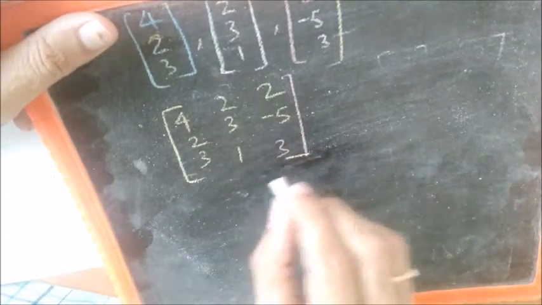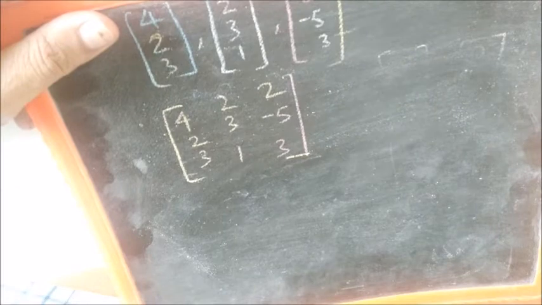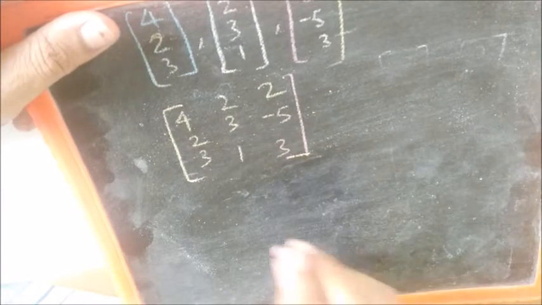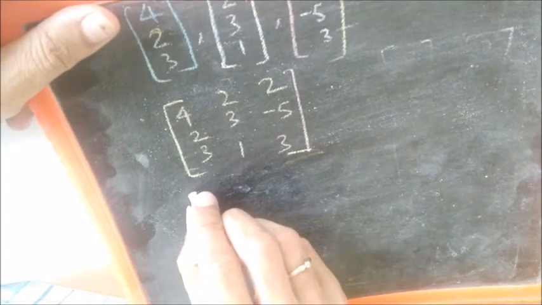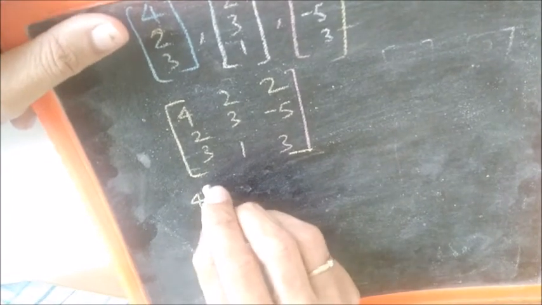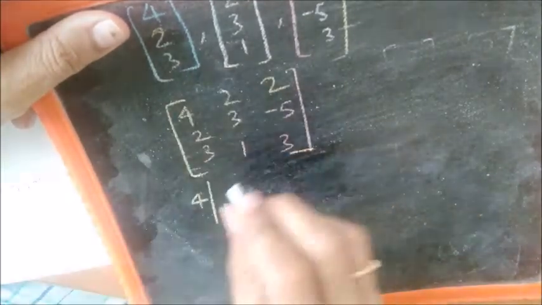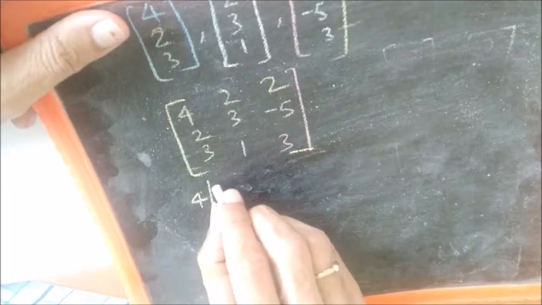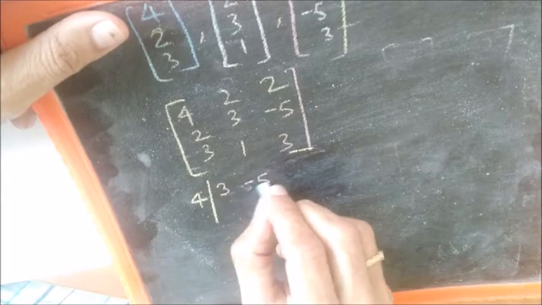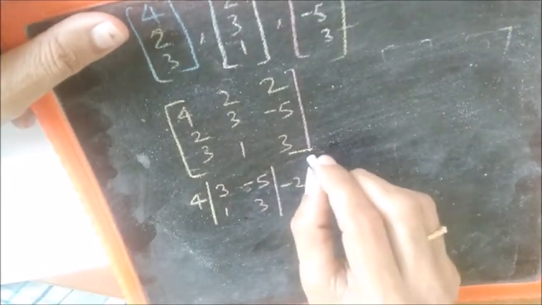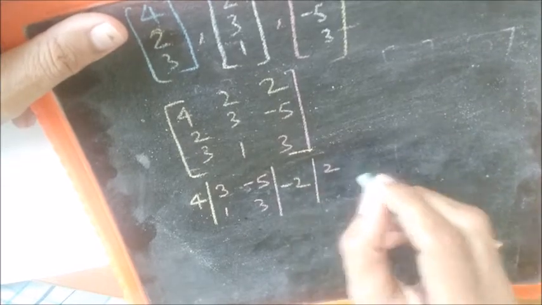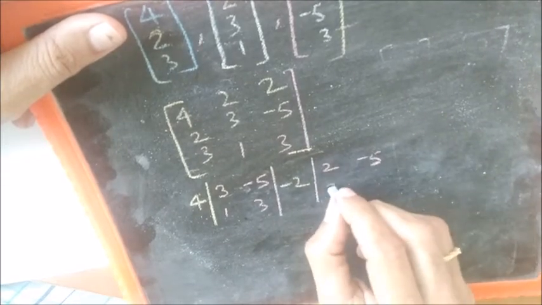You know that if the determinant is 0, the matrix is not invertible. So let's calculate the determinant. I write the expression for calculating the determinant of this matrix, and I don't think I'll have to explain much because how to evaluate the determinant is something that you are supposed to know.